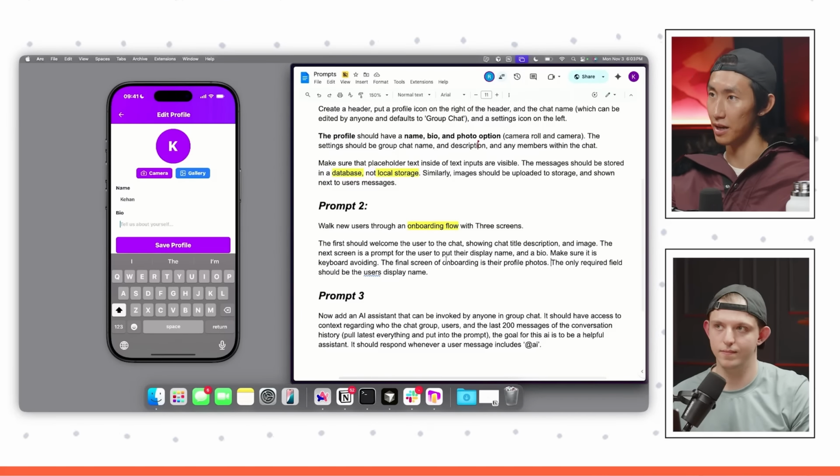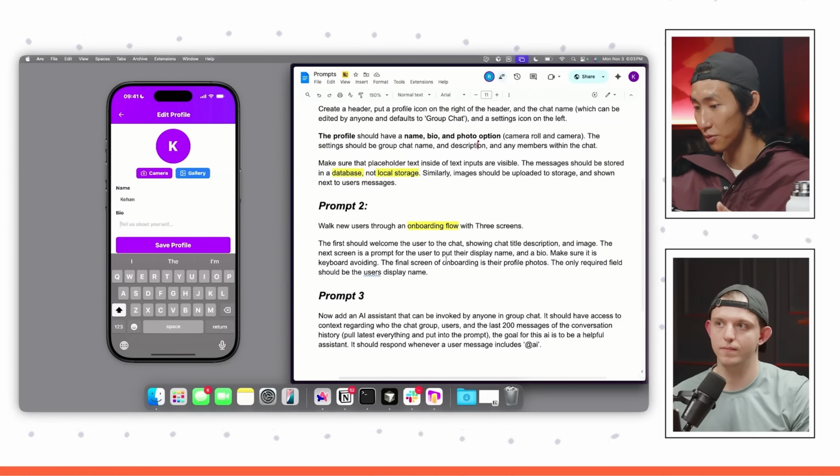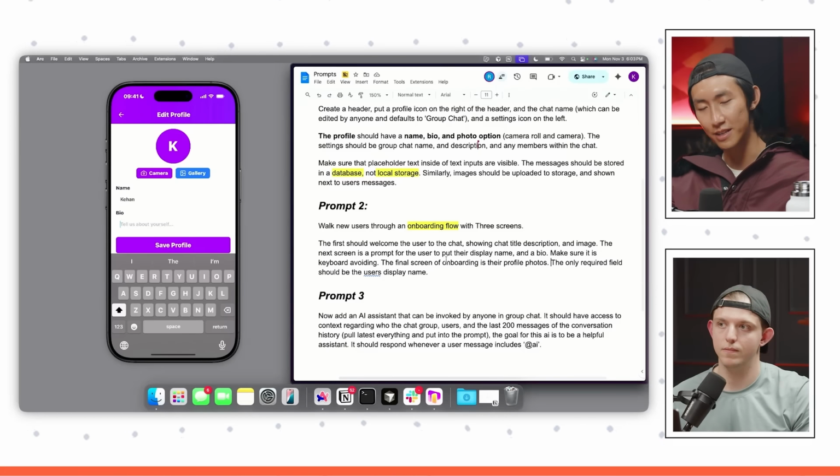space. I already feel like this screen is a little too cramped. And I think that's why in the onboarding flow, I want to make it extra crisp, extra spacious, which is why I decided to split it up into 2 screens. That was the reasoning behind it. Also, I think the only required field is the user's display name. That one's required. And being able to skip the photos would be really good. And jamming all that optionality into one page with all the text inputs and the keyboard is going to get really messy. So beforehand, I considered that and told it to go ahead and split that up